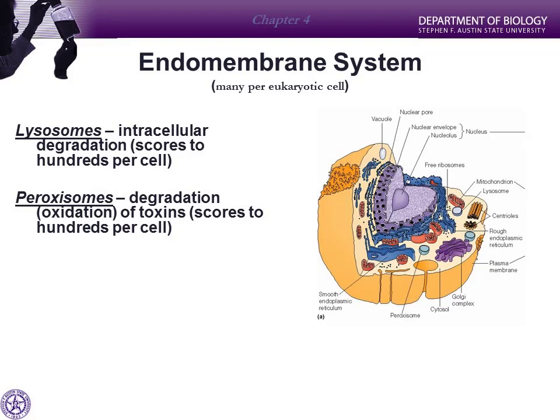So all of these, the lysosomes, peroxisomes, further transport vesicles, are going to be important and sort of the end point for our endomembrane system. Remember, nucleus, ER, Golgi, and then this series of vesicles. All right, so let's talk about each one of these in a little more detail. We're going to start at the beginning with the nucleus.